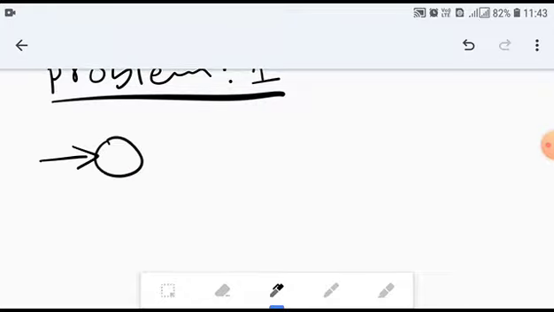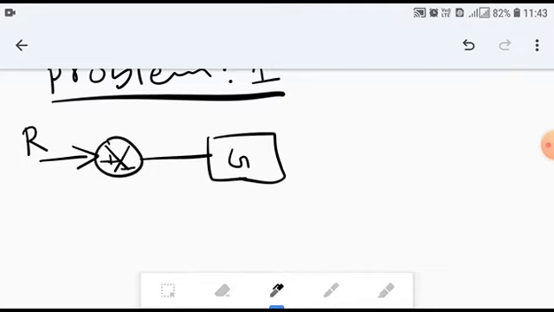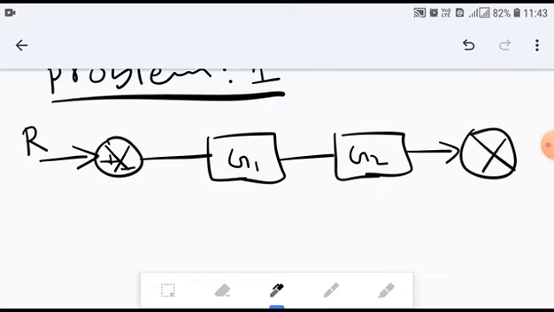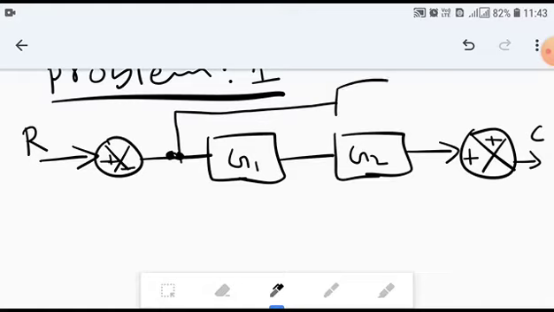Here we have a simple block diagram, and R is the input and this is the summing point where we have two inputs, one plus another minus, and here we have G1 in the forward path, then we have G2 also in the forward path, another summing point here, plus plus, and here we have the output C. Now another connection here we are getting from input towards output, so this also comes under forward path, G3. So this is in parallel, we say, or forward path,